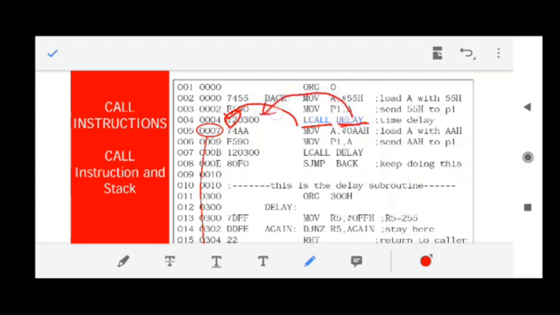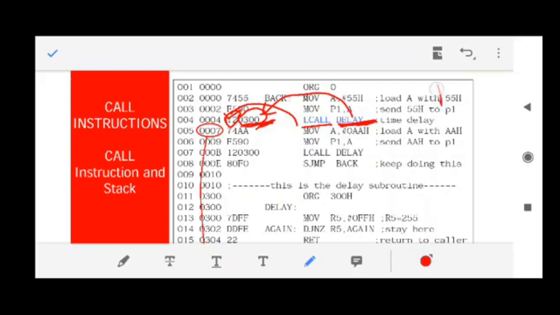This delay means 0300. You only define this within your program, what this delay means. So this delay means 0300. That means this is a call to a subroutine program which is stored at what address? 0300. Now what will happen?